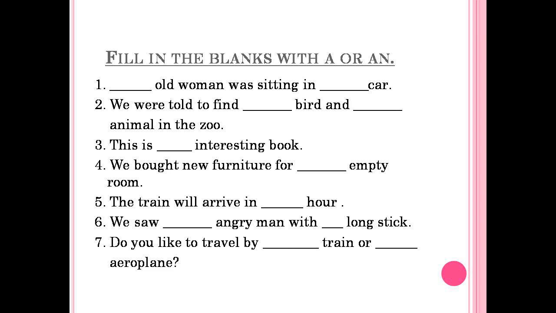So please mind that when we read, we check the sound of the word. We don't just see that it is beginning with a consonant or vowel, but we have to read the word and think whether it's beginning with a vowel sound or consonant sound, and after that you have to add a or an before it.